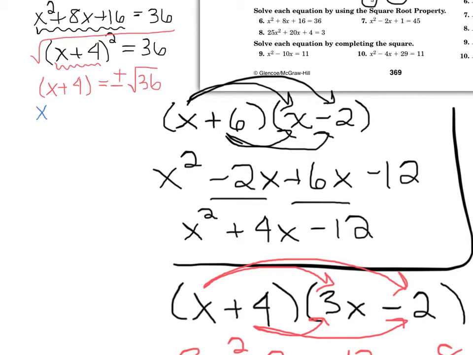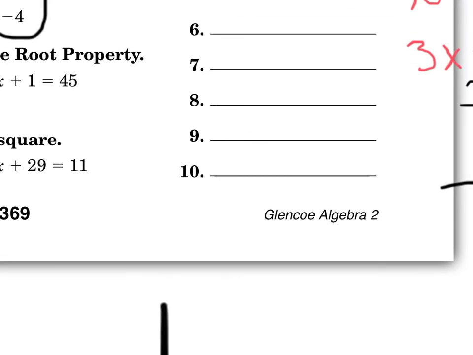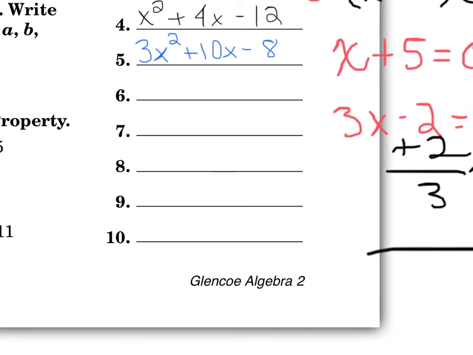So now we have x plus 4 is equal to positive or negative, and the square root of 36 is 6. So then lastly, we just need to subtract 4. So we have negative 4 plus or minus 6. So negative 4 plus 6 is negative 2, and negative 4 minus 6 is negative 10. That is why we have our two solutions. And then for number 6, we write our solution set,